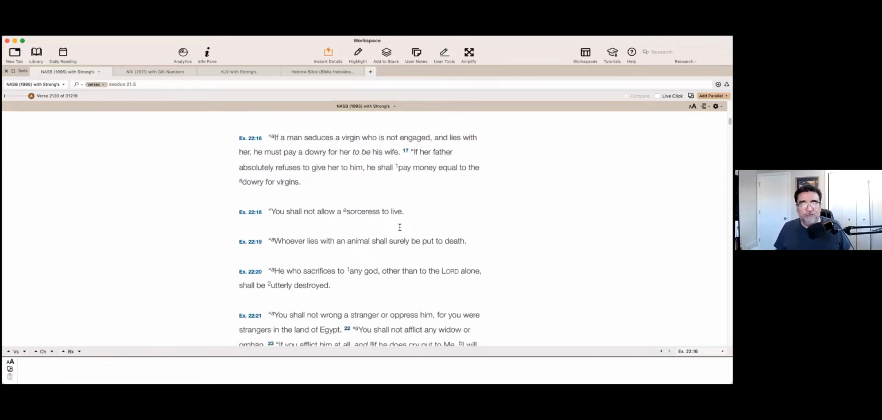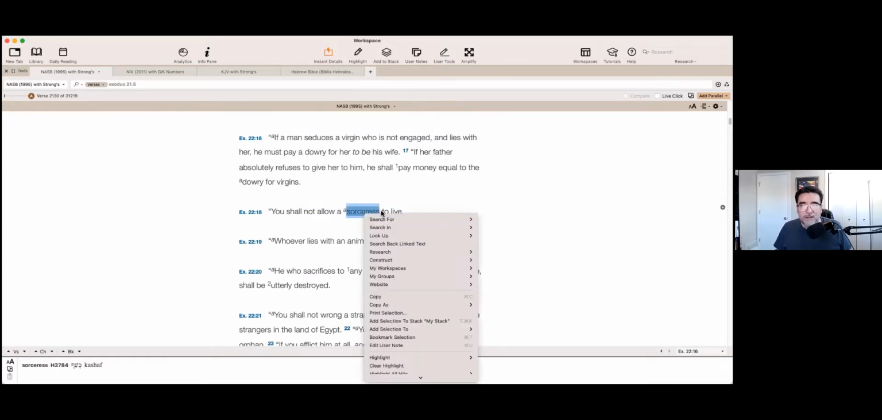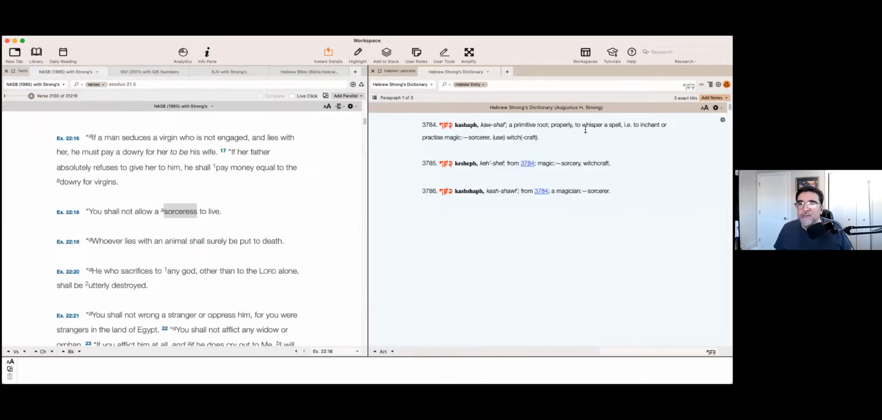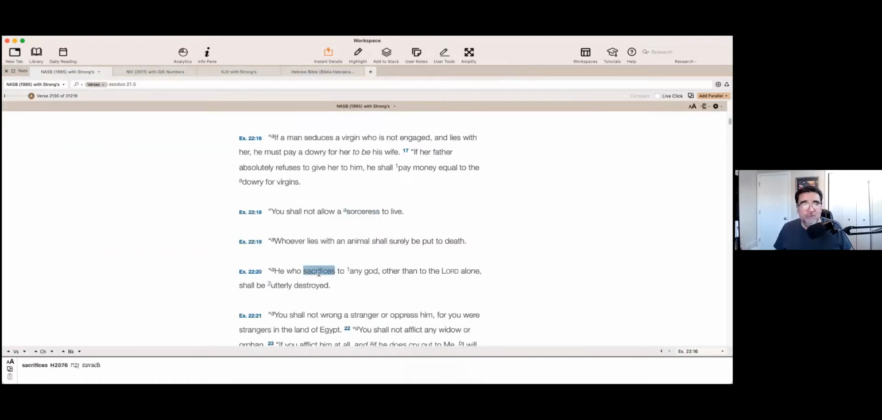You shall not allow a sorceress to live. Right? I'm curious, given the fact that the word sorceress is the word kashaf, and if you look up that word, it means to whisper a spell, to enchant or practice magic, sorcerer, witchcraft, and that term would be related to the English word pharmakia, which is the word from which we get pharmacy, pharmaceutical, right? Which has to do with drugs. Because why? What is the connection? Well, drugs alter your